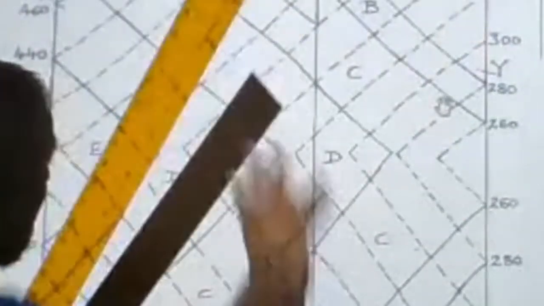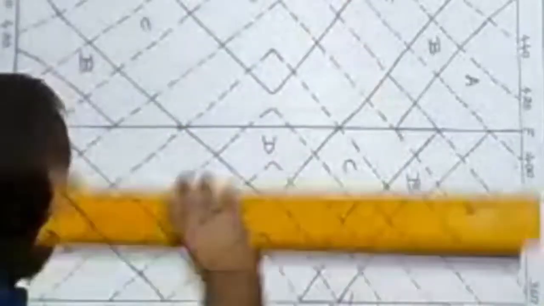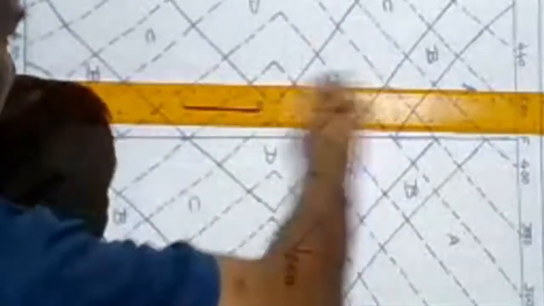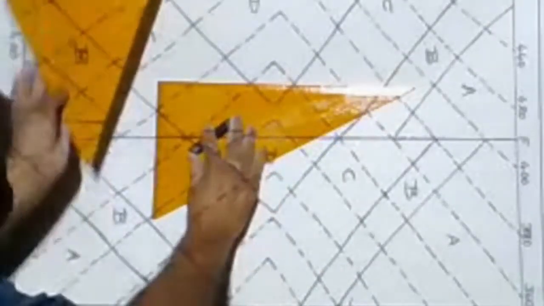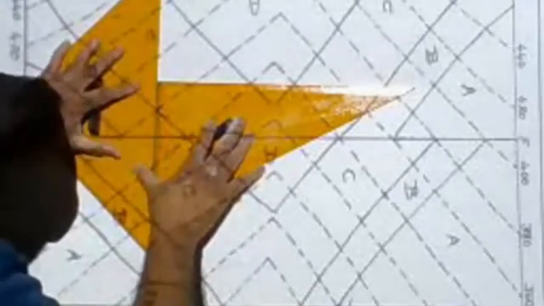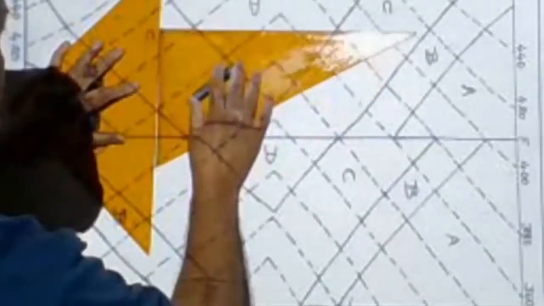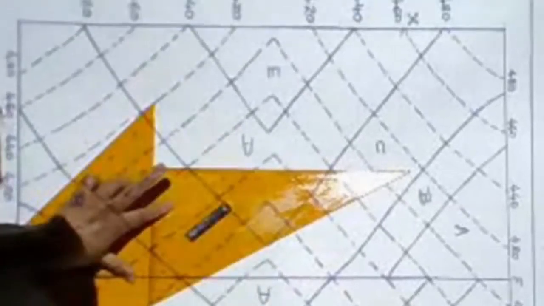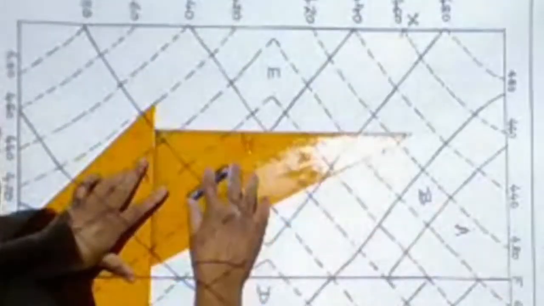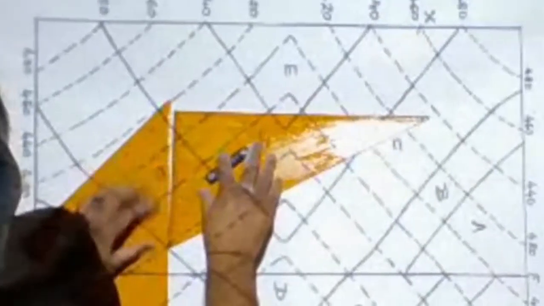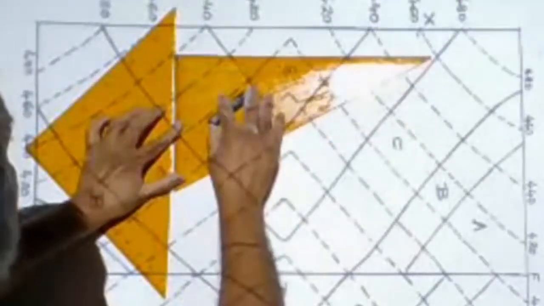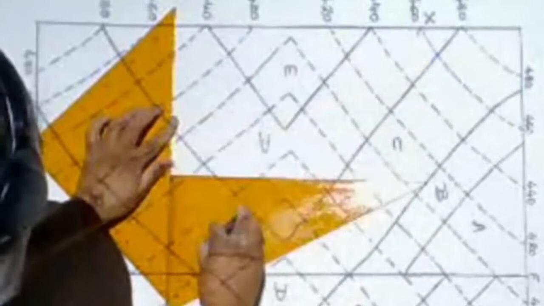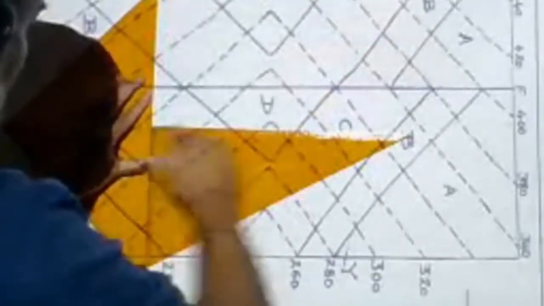Rotate the map. Now how to draw the strike line? Once you draw one strike line, yes, I have drawn this strike line now. Once you are done, with the help of the protractor and set square, the larger arm you have to keep on your right hand side, and the next one, bring it over here, and shift each point and draw the line. If you want to draw the line, keep one finger, draw the line. Come to the next one, draw the line. Now shift to the last point, where one junction is also there, and from that point also, bring it down and complete that.